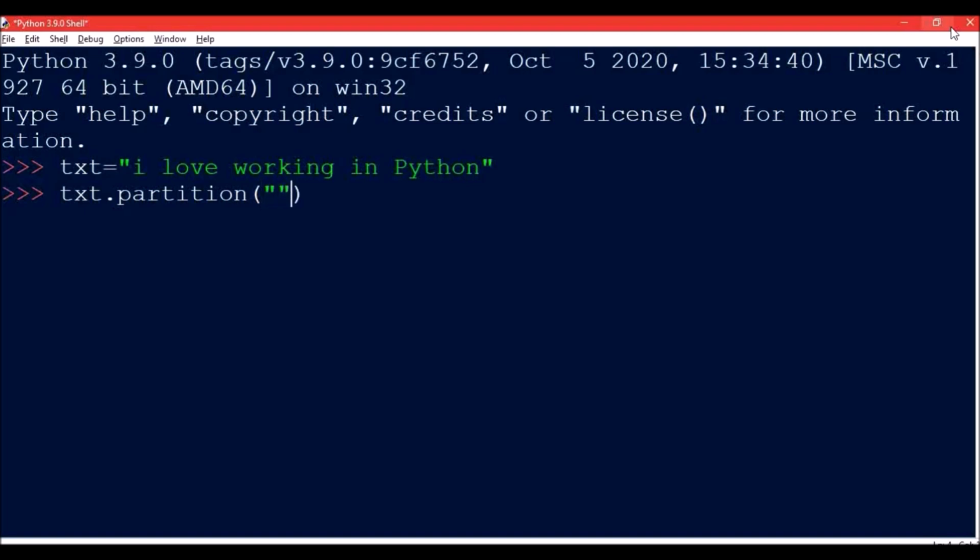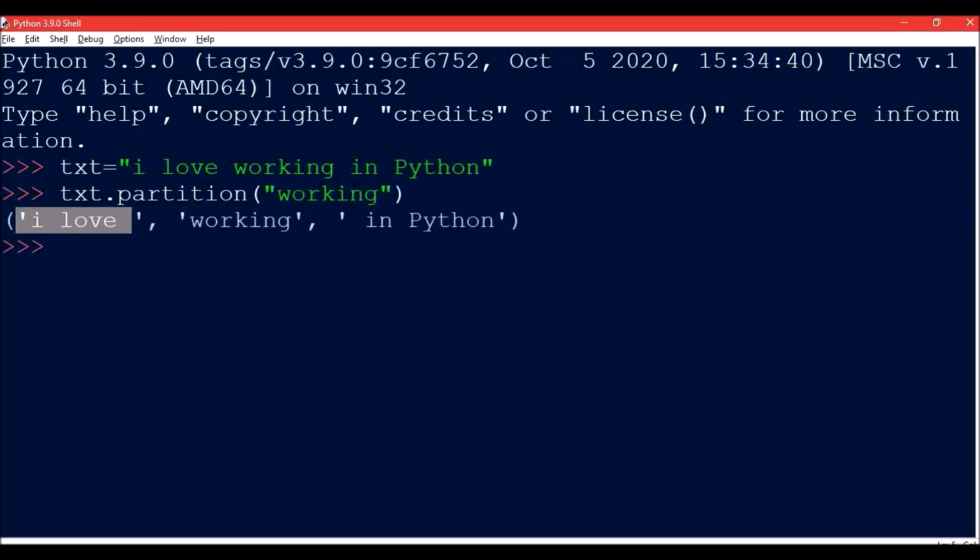So let's say I want to do the splitting from working, so I will write working. So now you can see that I love is written over here, then working, the partition, or you can say the splitting, is done at this working.